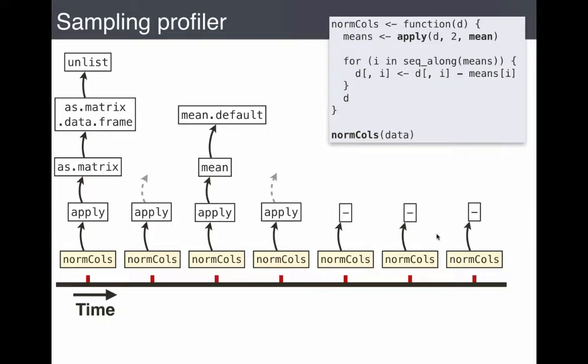Now, the data that comes out of Rprof, the built-in R profiler, takes some practice and some expertise to work with. So